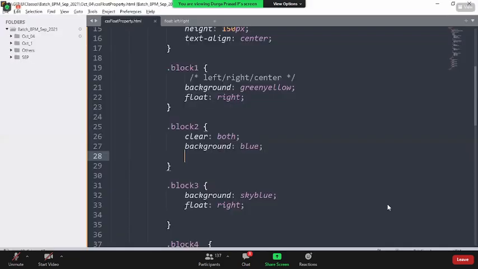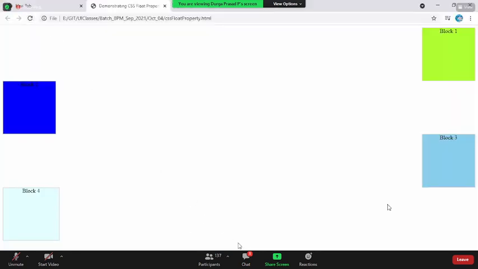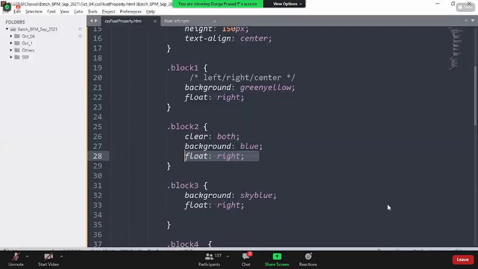But on the top, you are mentioning float right? When I say clear, I'm not talking about my own direction. I'm saying not to follow the previous element. Clear is used on the previous element's direction. You clear it out. Okay, I'm clearing out, I'm not following them. Now, what is my direction? Float right. That is the reason I'm going into the right direction. If you don't have right, I will fall under the same left one. Got it?